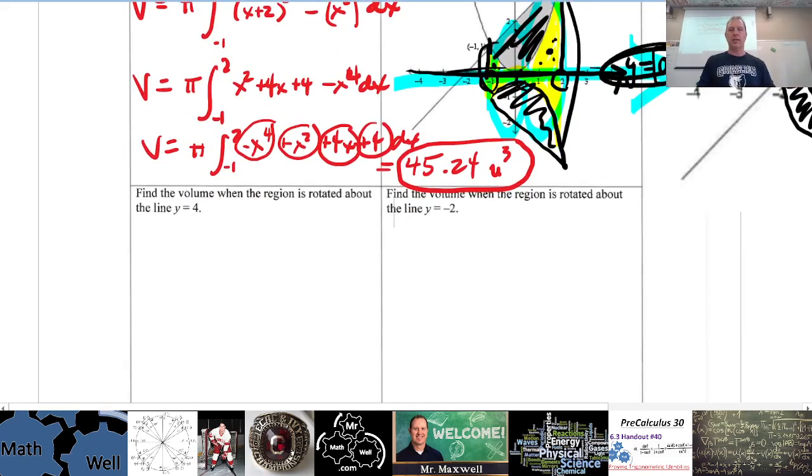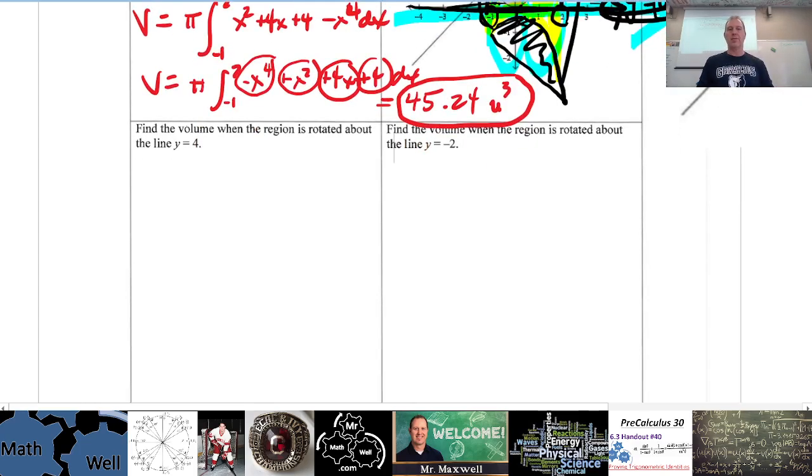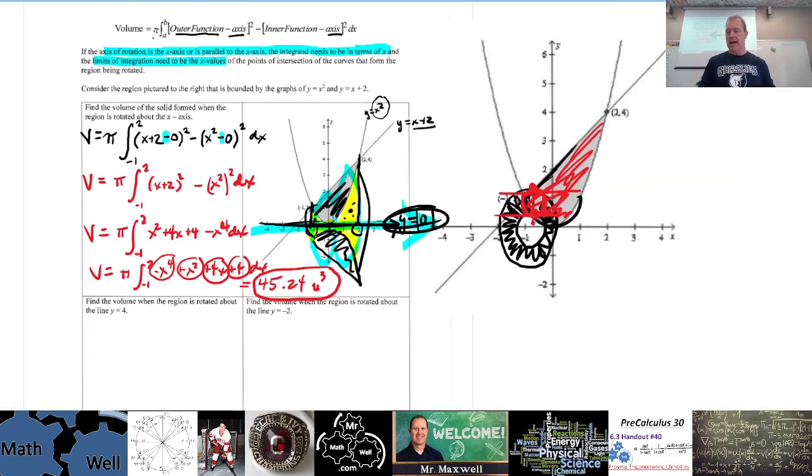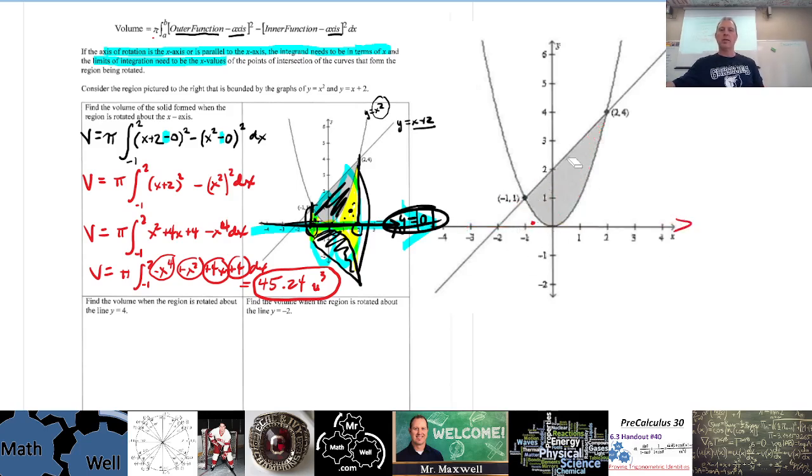Let's do the next one here, and this is your question. What happens if we have a different axis? Okay, well that's no problem. Let's take a look at that. Instead of revolving around y equals 0 like we did on this question, we're now going to revolve around y equals 4. So check this out. So this is our axis of